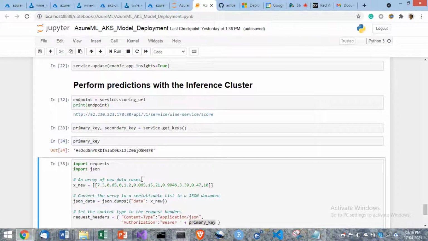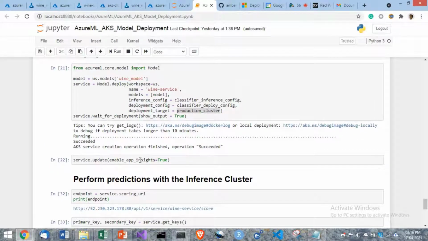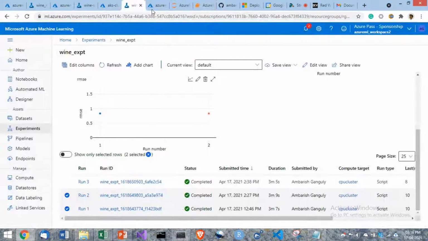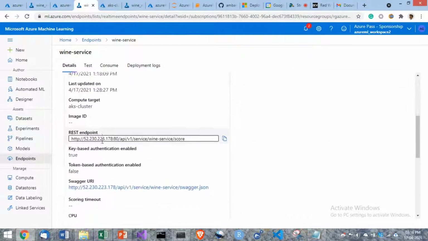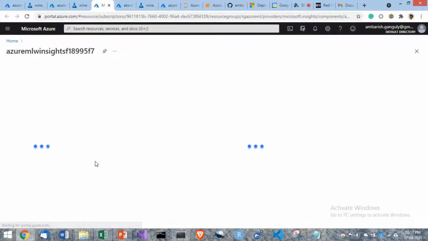So what we have done till now is that we have got everything, and since we have also enabled application insights, you can go to application insights from here. Application insights has logs, and you can query it for the predictions.